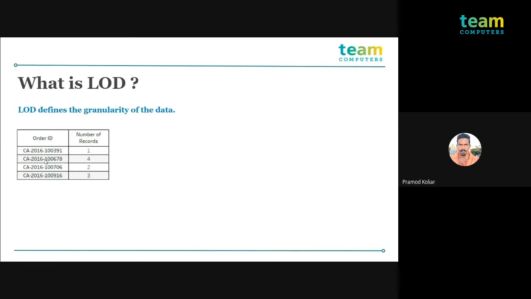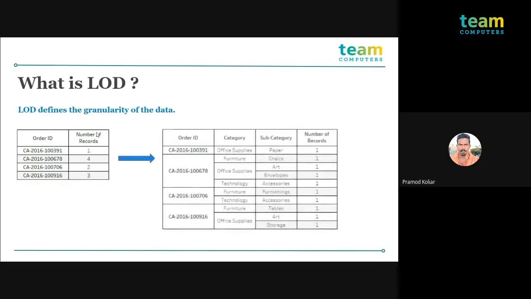But when we go to the second order ID, it is repeated 4 times, which means आगे भी कोई particular partition हो रहा है, जिसकी वजह से हम इसे order ID को as a single entity हम granularity of the data नहीं कह पाएंगे, right? Granularity means the deepest level, right? So the order ID itself over here is not the granular level. So what is the granular level? So in order to show that, we have a further drill down with respect to the category and subcategory.